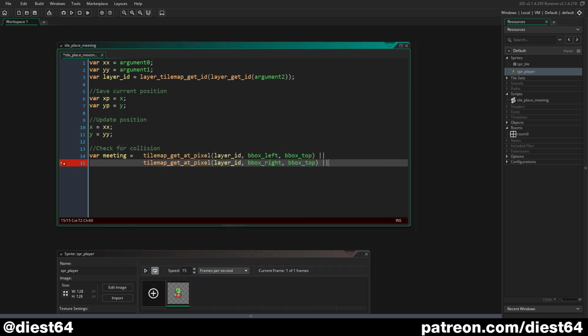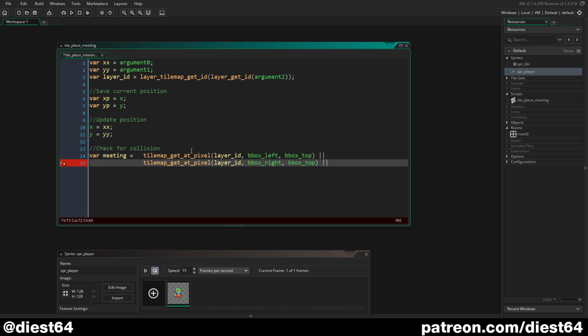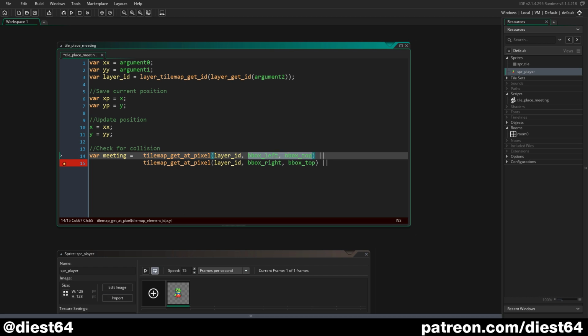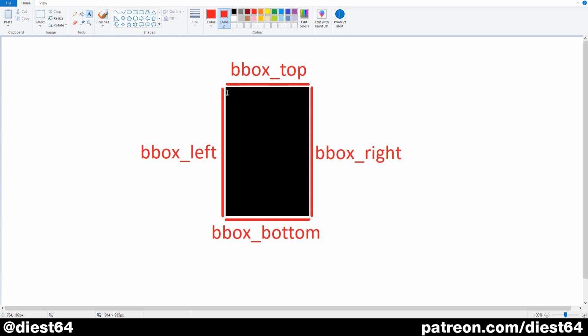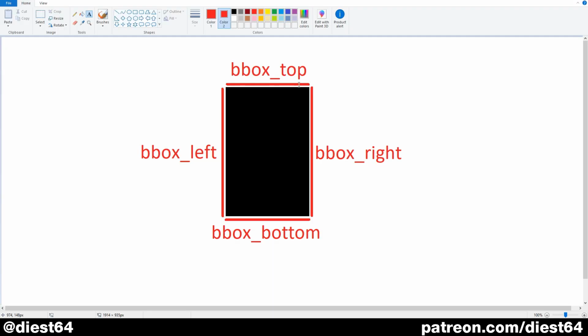With these 2 lines of code, we're checking if this top left corner is colliding with a pixel on this layer, which is our collision layer. So bbox left is the X position, bbox top is the Y position. So that'll be this top left corner here. And then on the next line, we're doing bbox right and bbox top, which is going to be this top